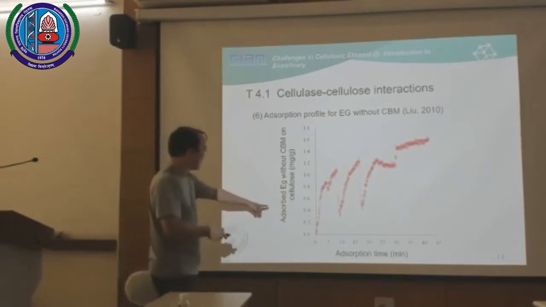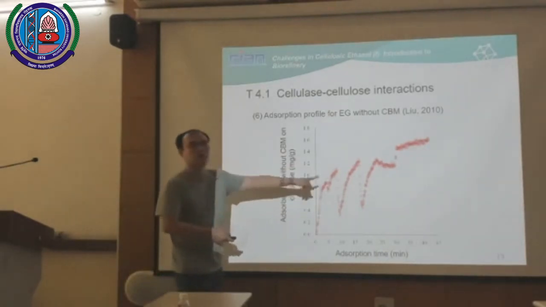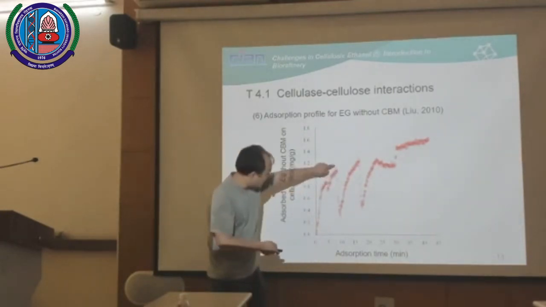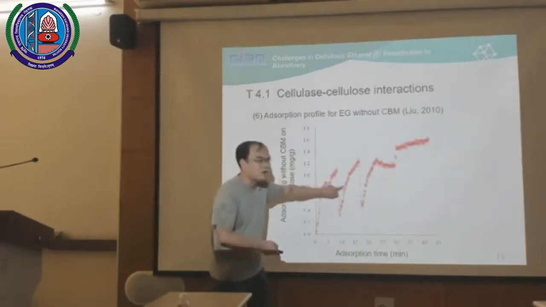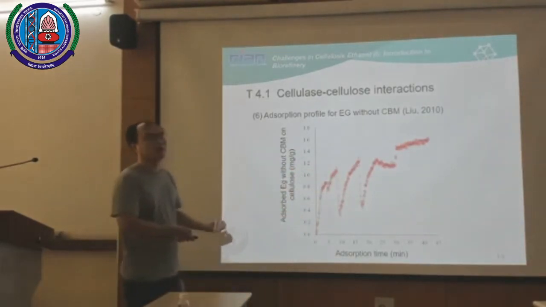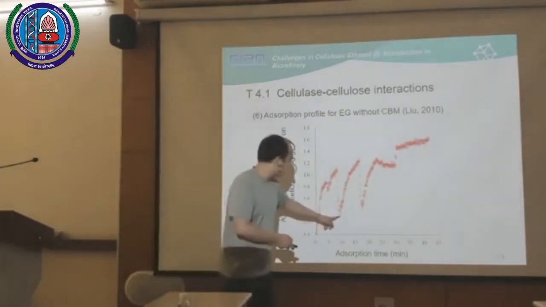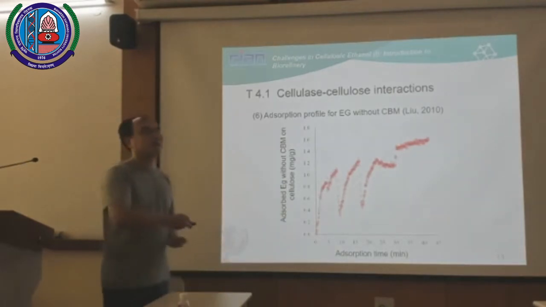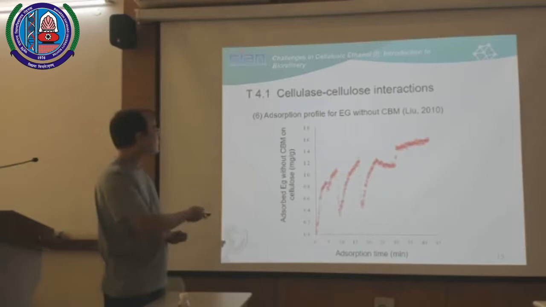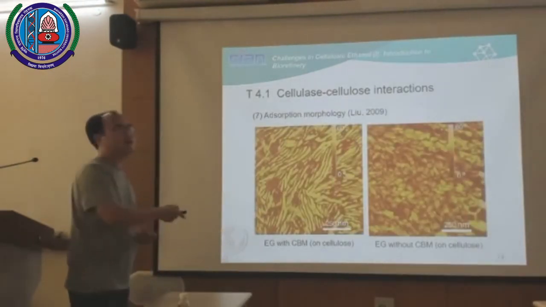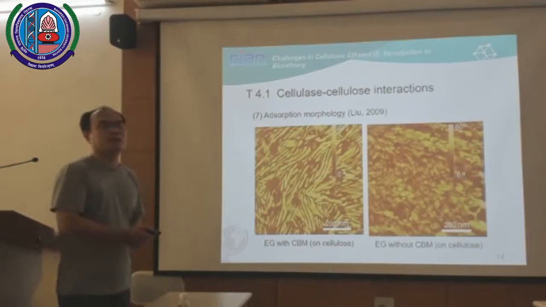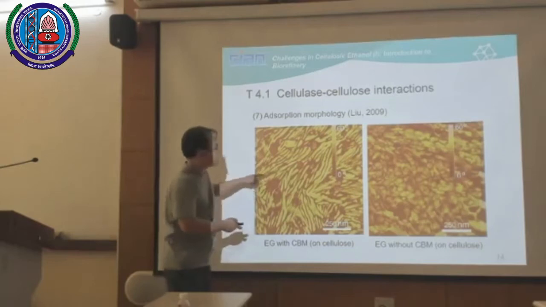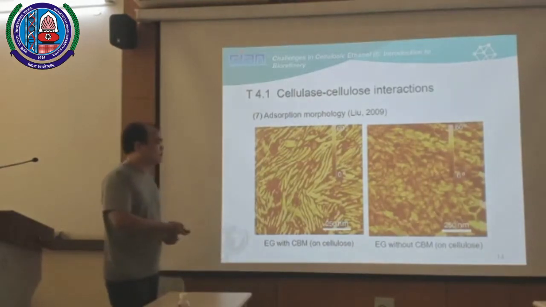I got an adsorption curve like this, not smooth. As it adsorbs on the substrate for 5 minutes, sudden desorption occurred. Then, in the following 5 minutes, desorption continued. I tried my best to explain it. I used AFM, atomic force microscopy, to observe their binding on the surface of cellulose microfibrils, and proposed that